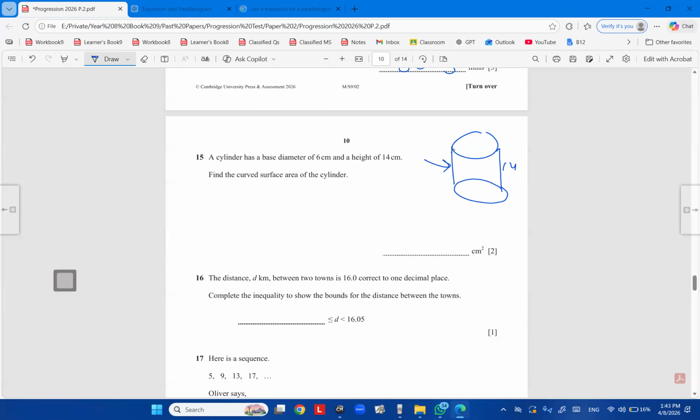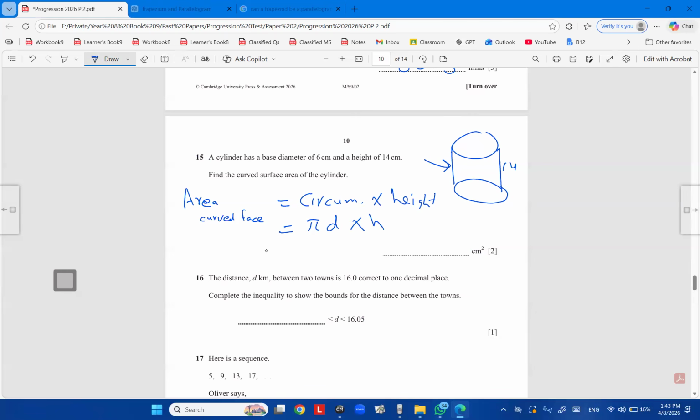So they want this, the curved rectangle. So we know that it is length times width. But how can we find this? We had a rule for the area of the curved face. Area of curved face equals circumference times height. This is the area of the curved face. What is the circumference? Circumference is pi d